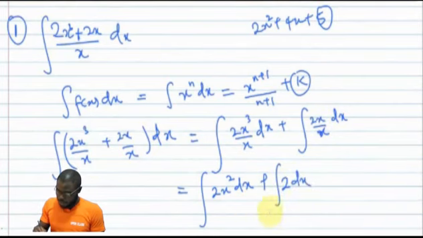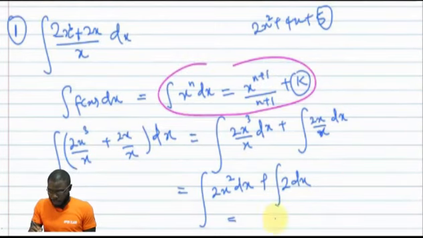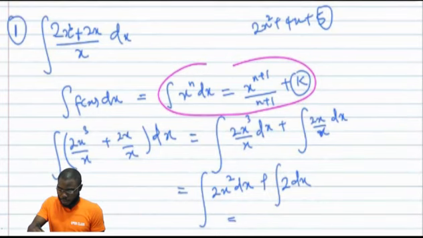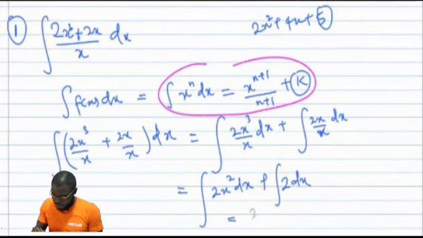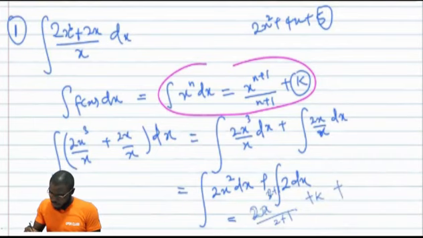Now if you apply this formula up here, then you have your solution to be equal to 2x to the power of 3, that's 2 plus 1, all over 2 plus 1, then plus k, that's the constant there, plus